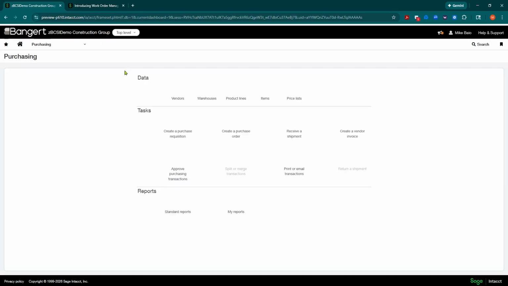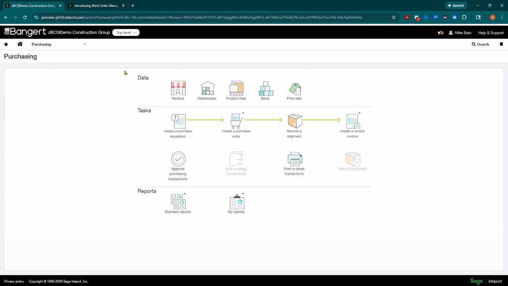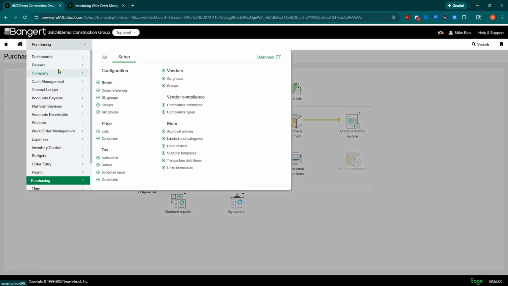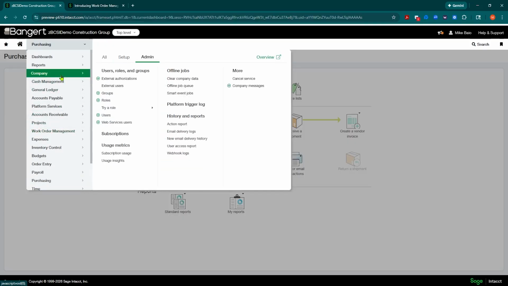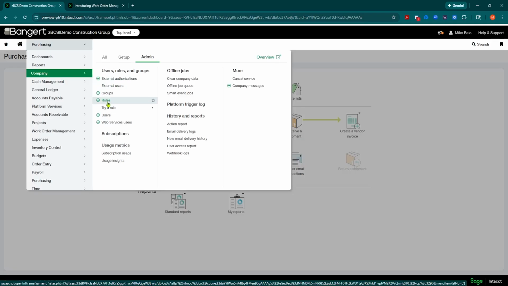So once that is configured, you're ready to start setting up your work order management, and you should see a new menu item for that on your screen. See here, I have work order management. Now, chances are you probably won't see it off the bat. And what that typically means is you need to assign security to this new section. So before you try and go into it, make sure, number one, if you can't see this, you probably don't have security. Talk to your admin, whoever assigns security, and make sure that the roles that are needed are set up and configured for work order management.